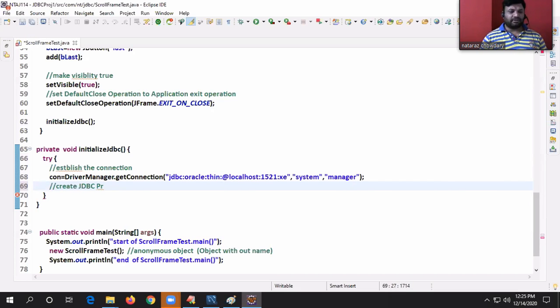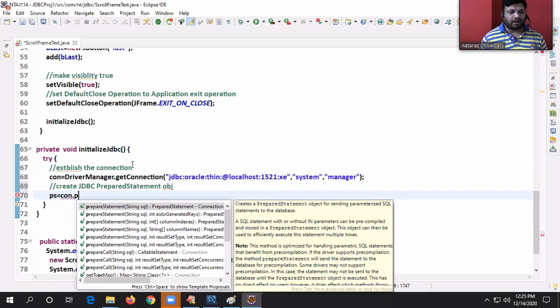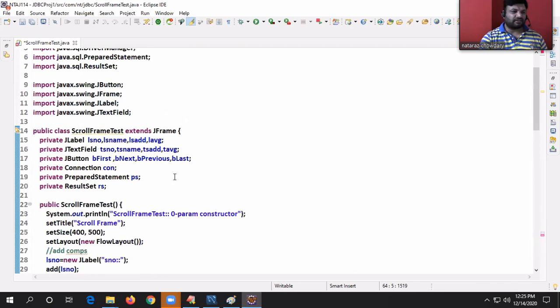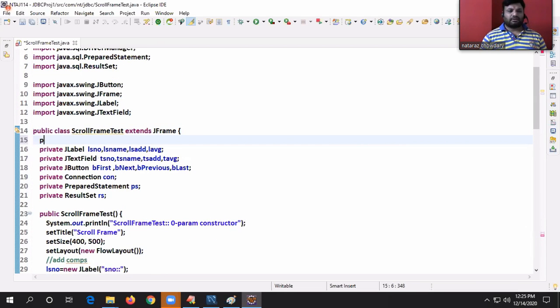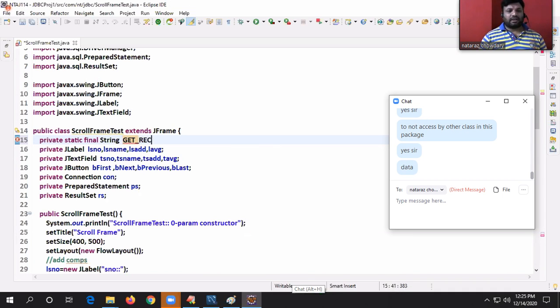Create the JDBC PreparedStatement object. ps is equal to con.prepareStatement. Better to prepare the query at the top of the class now, guys. Private static final String GET_